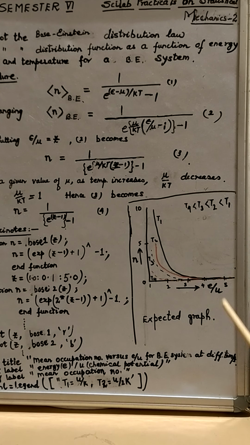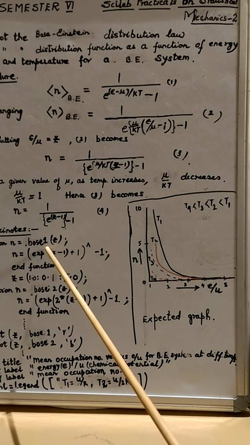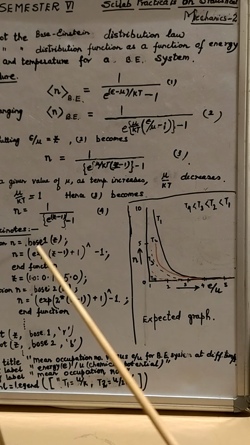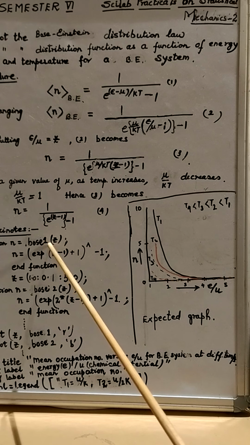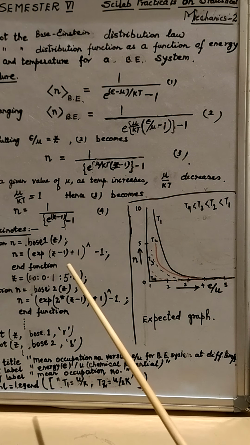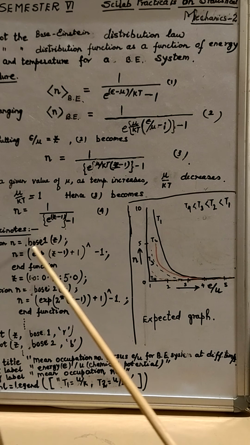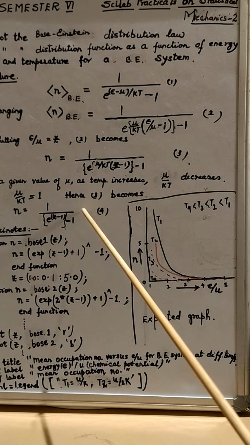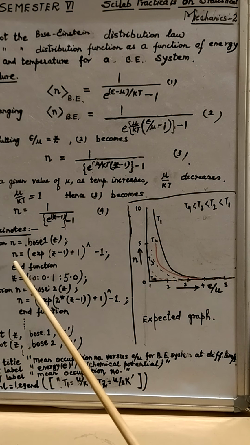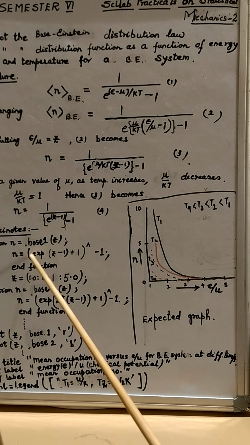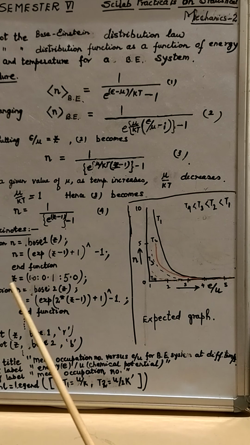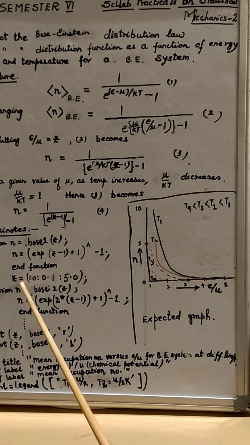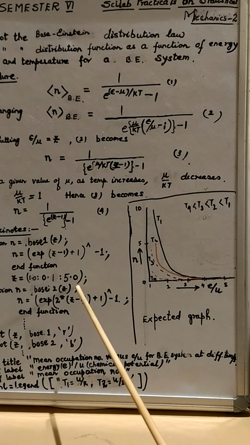Now, for Scilab, if we go to Scilab, you can see that we define the function as Bose1, like we had done in Fermi1. This time it is Bose1 because I have taken mu by kT equal to 1, so I write 1 over here. And this Bose is because of the Bose-Einstein statistics. So using this, I write Bose1(z), and then the actual expression, equation number 4 in Scilab, the programming language, becomes like this, to the power minus 1. Then you have the function, and then we allow z to take the values from 1 up till 5 in intervals of 0.1.